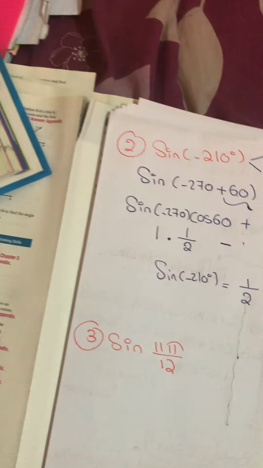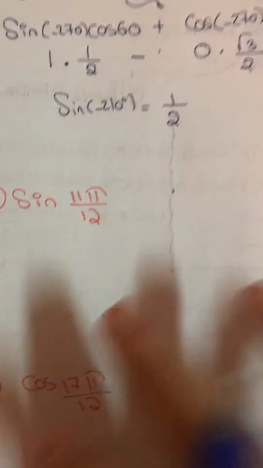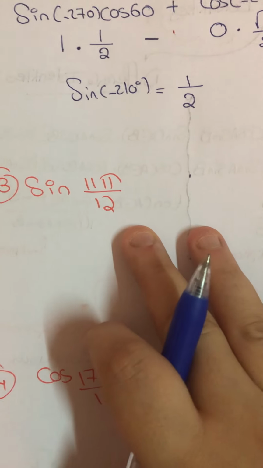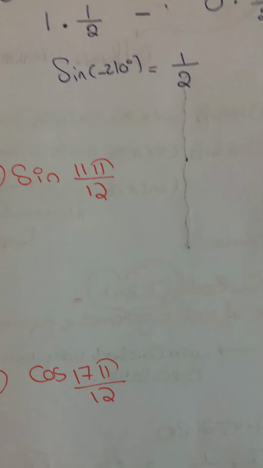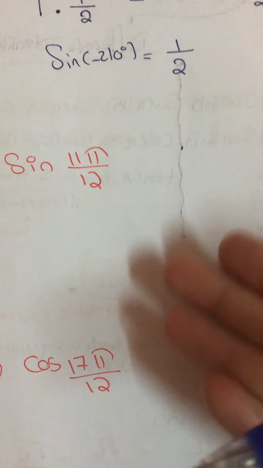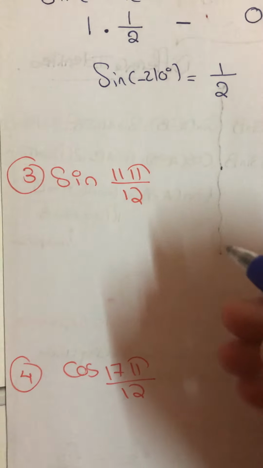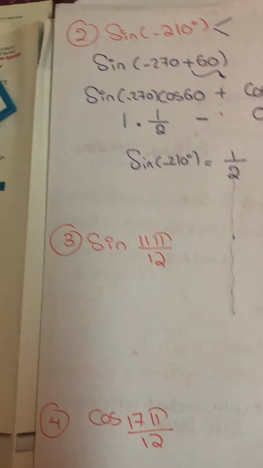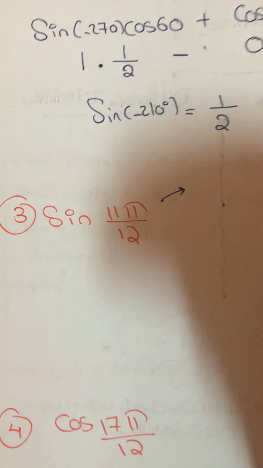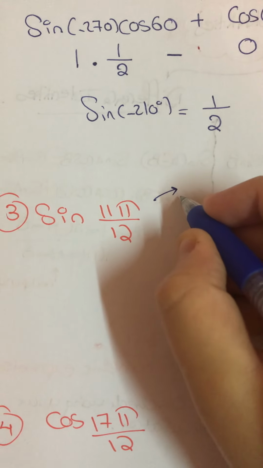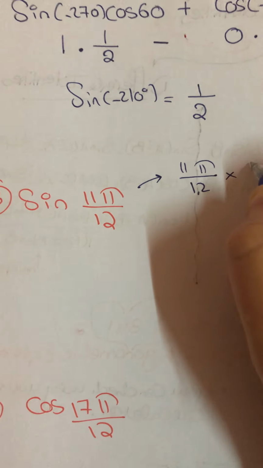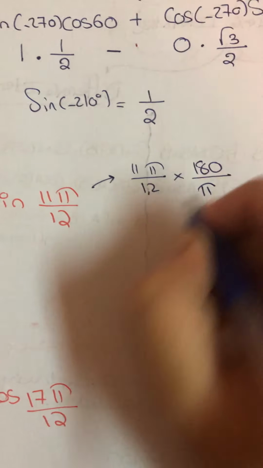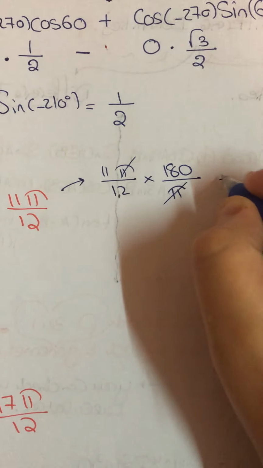And you can check with your calculator. You might face some difficulties with these. I know the video yesterday changed them to degrees and made all the steps with degrees. You can do that, but I would love that you start training yourself to use, again, radians. If you cannot think about this number, you don't know it. Actually, this number, how will you know it? It's not on the unit circle. How will you convert it to degrees? If you remember, I'm going to multiply by 180 over pi, and this will cancel this, and your answer will come to be